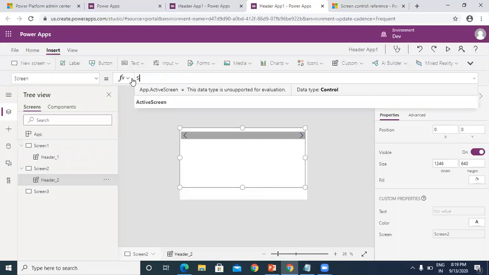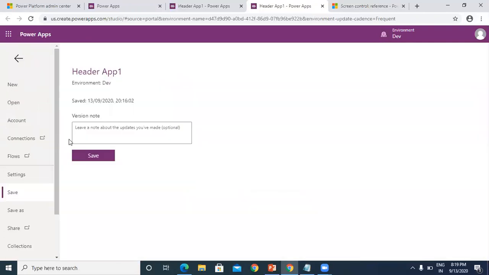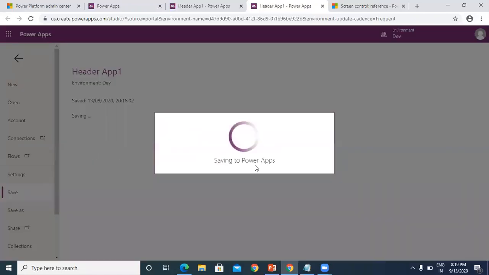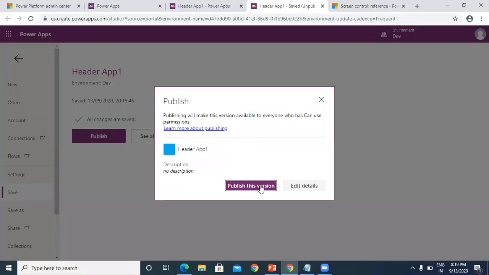It's screen 3. Now if I go here and save, right? Once we publish it,